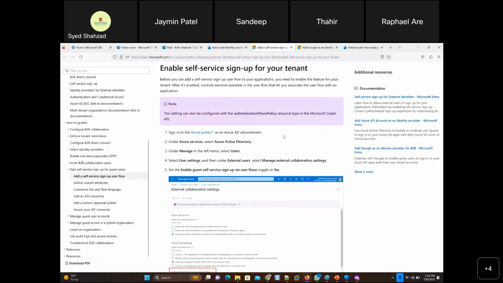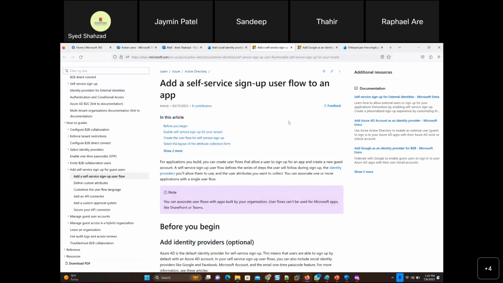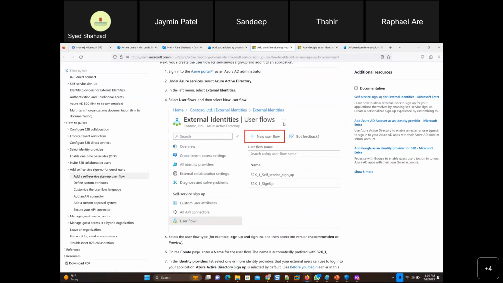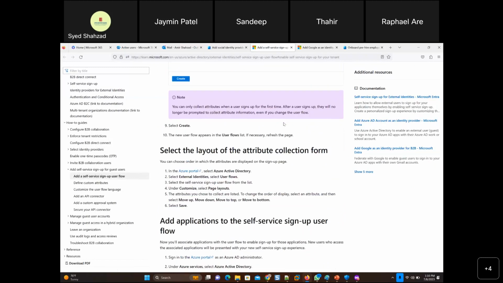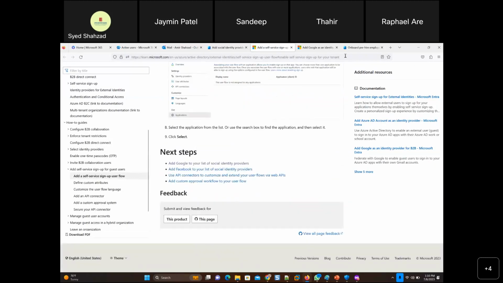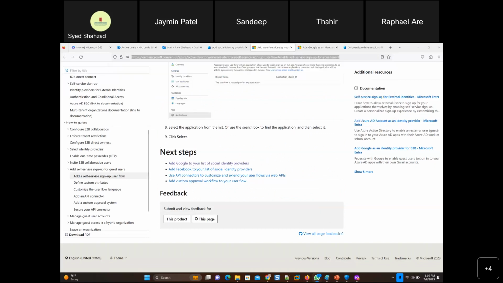All right, guys. So now this is Facebook, same thing, client ID, client secret, and then there is a document for Facebook as well. That is Facebook Business, right? And they tell you to add a self-service sign up user flow to an app, but they also show you how to connect to M365, the Facebook account. Select layout that view, blah blah blah. Yeah. So sky is the limit, guys. So you can also connect to Facebook with this. Also, so I'll just put that there. Also, SSO for M365 and Facebook. So there's a document for that too.